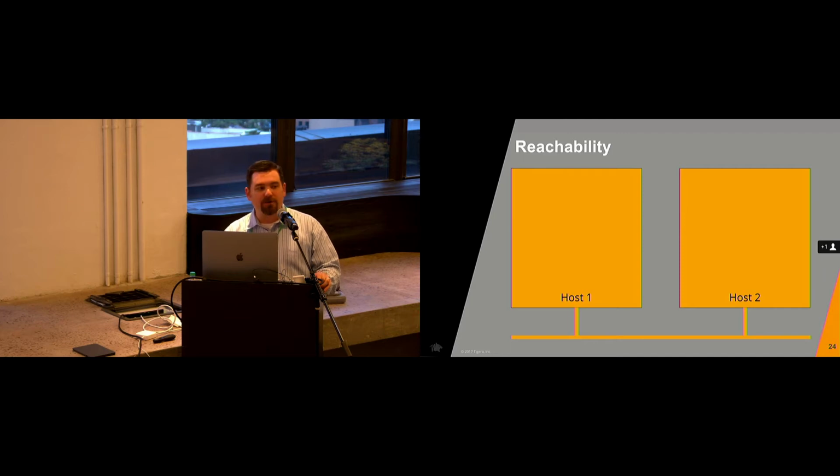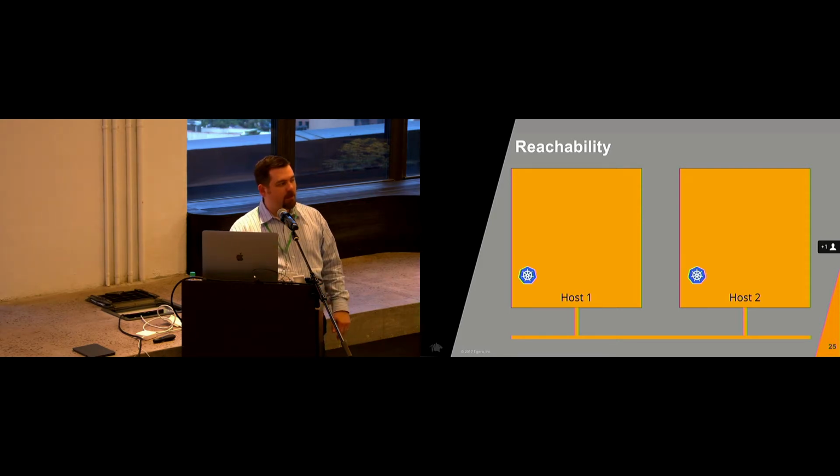So let's talk about reachability and what we mean by reachability. When a host wants to send something from one host to the next, typically in this situation, they're physically connected via layer 2. They may be doing layer 3, but they're physically connected to a network fabric, and sending from host 1 to host 2, there's no intermediaries involved. There's an ARP request that's done, and basically packets can be sent from one host to the next.